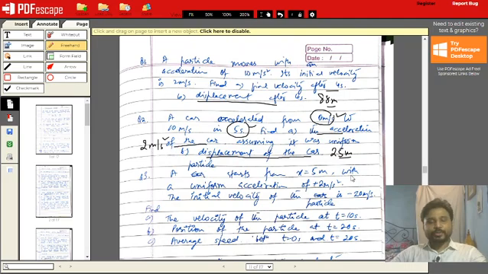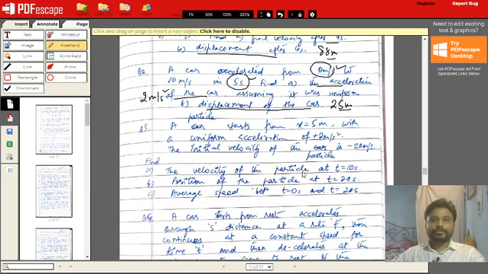Now let us jump on to the next question. A particle starts from x equal to 5 meter with a uniform acceleration of 2 meter per second square. The initial velocity of the particle is minus 20 meter per second. That means this is the case which we talked about in the example. So the particle is moving in the negative x direction, and when it is going in the negative x direction, it has positive acceleration. So the particle would first slow down and then stop, and then it would start moving probably in the positive direction. So what would happen in that case? How do we analyze that?